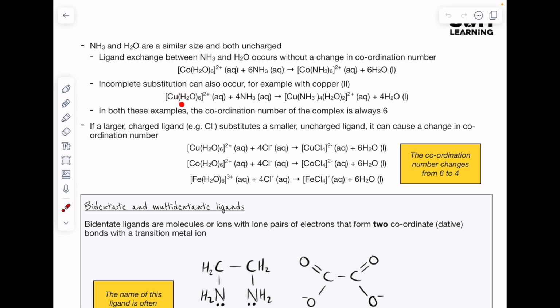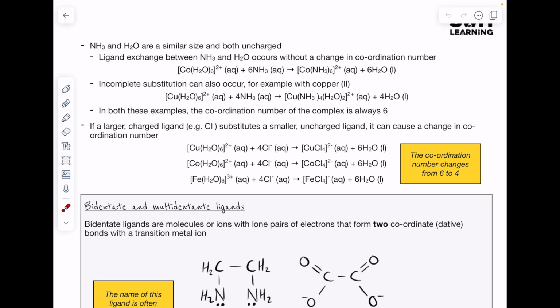So rather than a straight swap between the ammonia and the water here, we've got 4 of the water ligands swapping out for ammonia, as we see here. And in both of these examples, the coordination numbers we can see remain 6. But if a larger charged ligand, such as the chloride ion, substitutes a smaller uncharged ligand, such as ammonia or water, it can cause a change in coordination number. So if we go from our small neutral water ligand we replaced with the chloride,